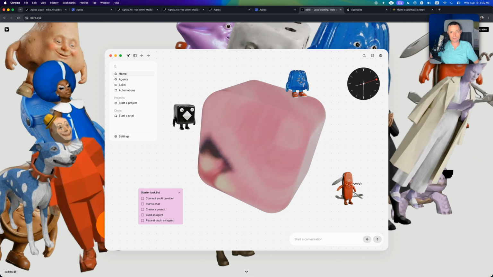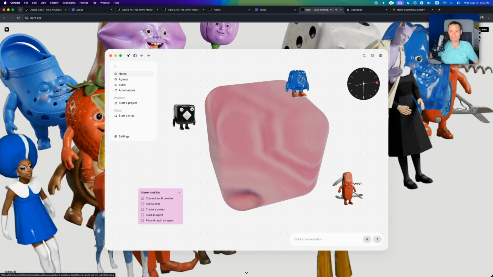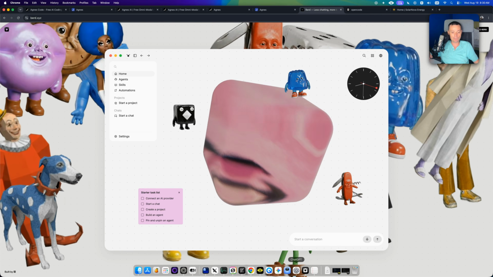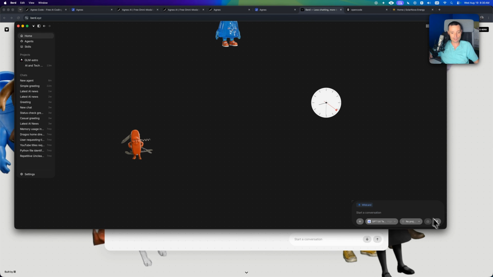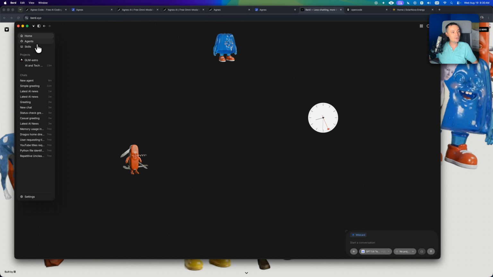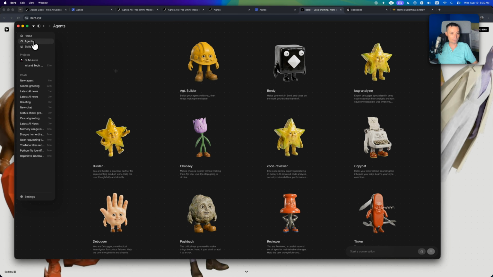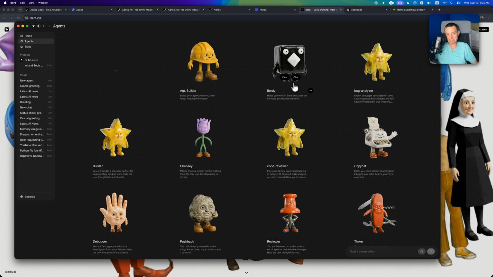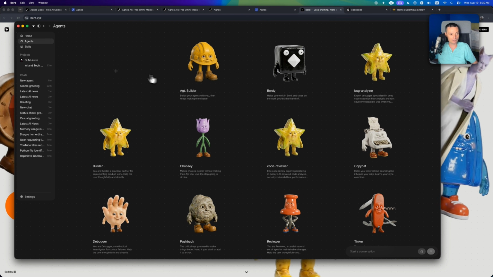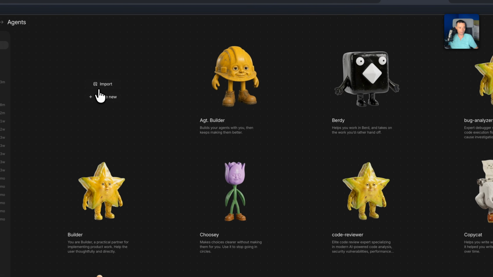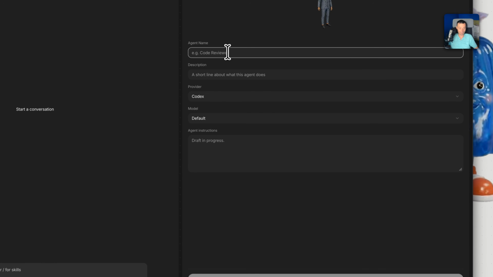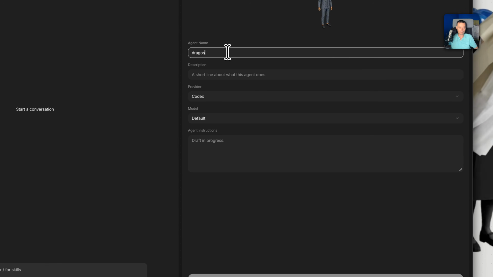And yeah, in here you just need to download Berd, and then you install it. After you install it, this is the interface in here. Basically, when you are installing it, you will have the options to add agents, and right now it has some default agents in there like bug analyzer, reviewer, and so on. But you can add your own agents like this, create a new agent, and in here you can put a name like Dragos,